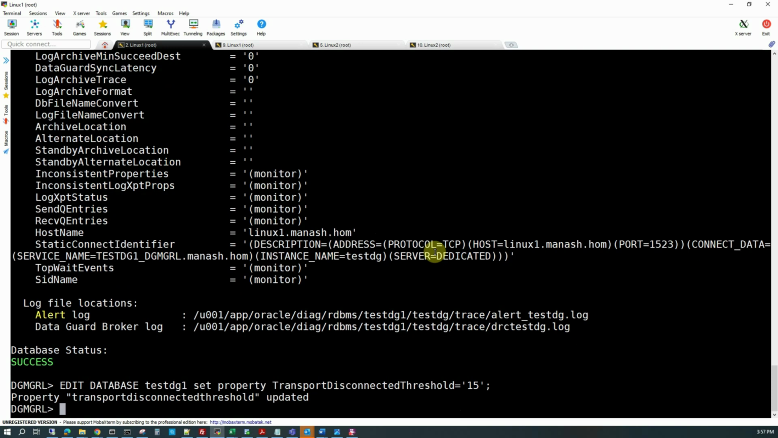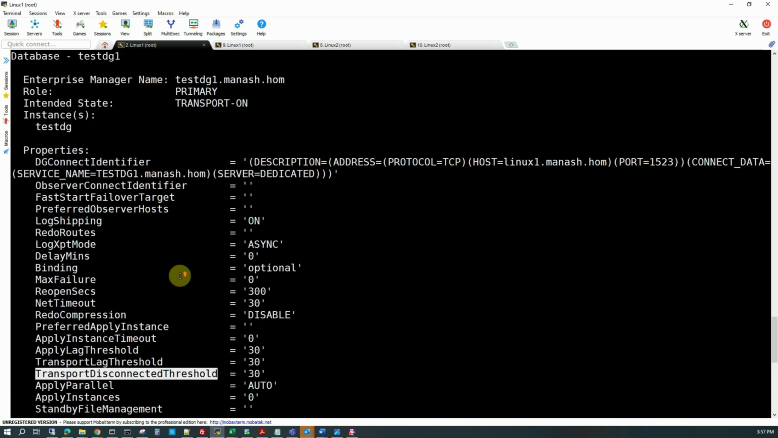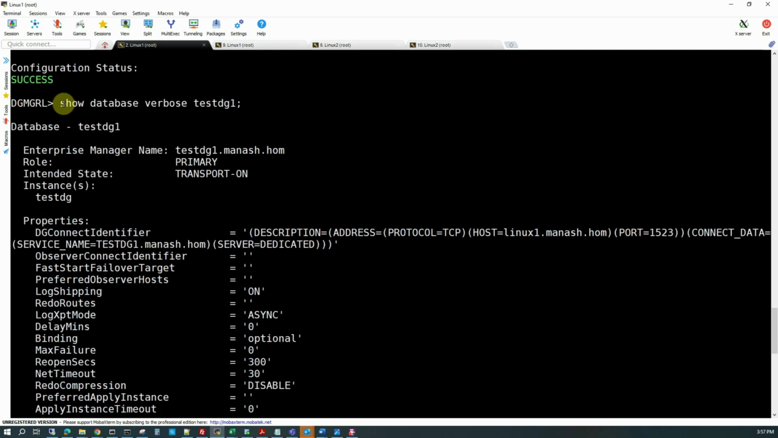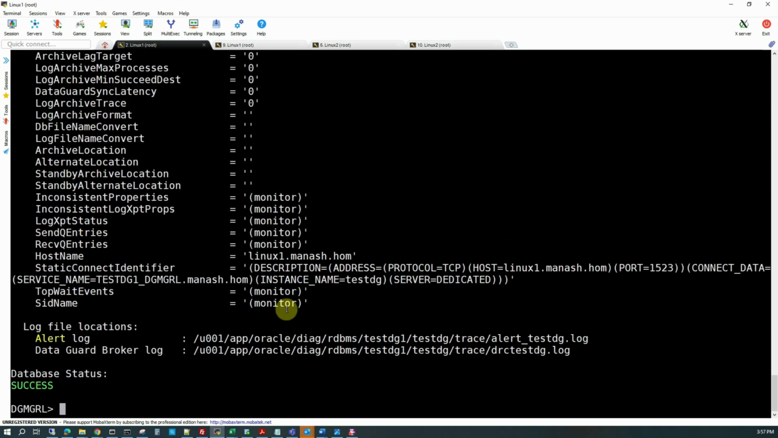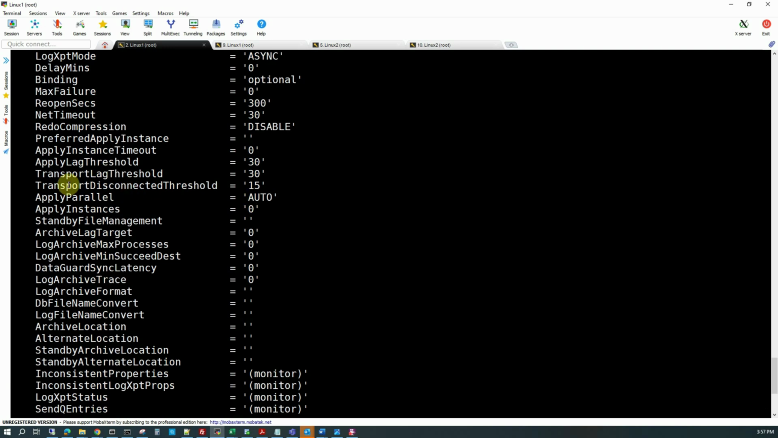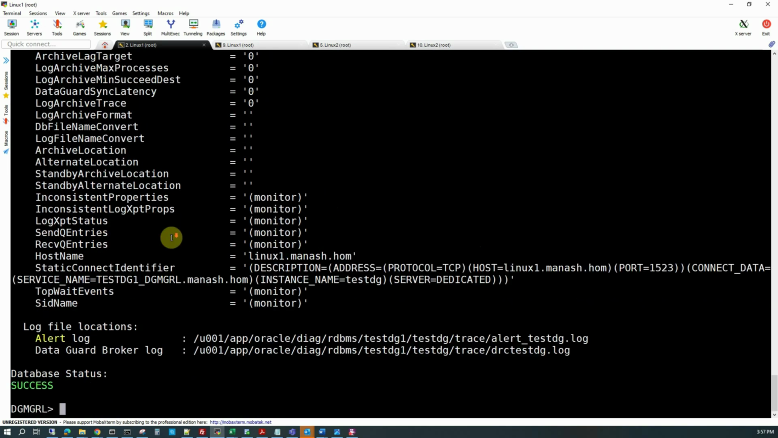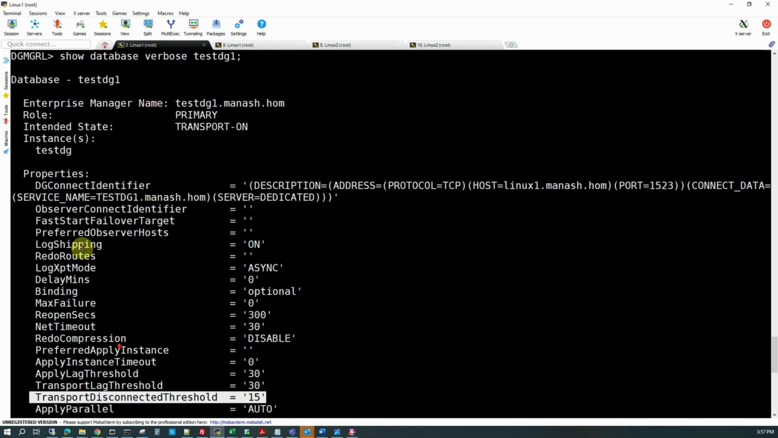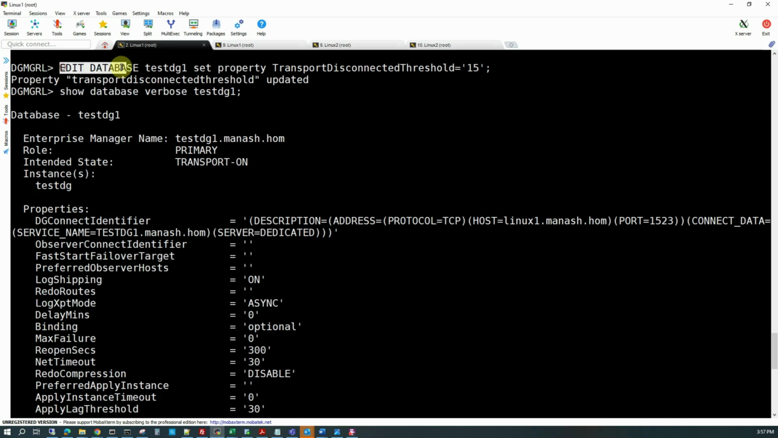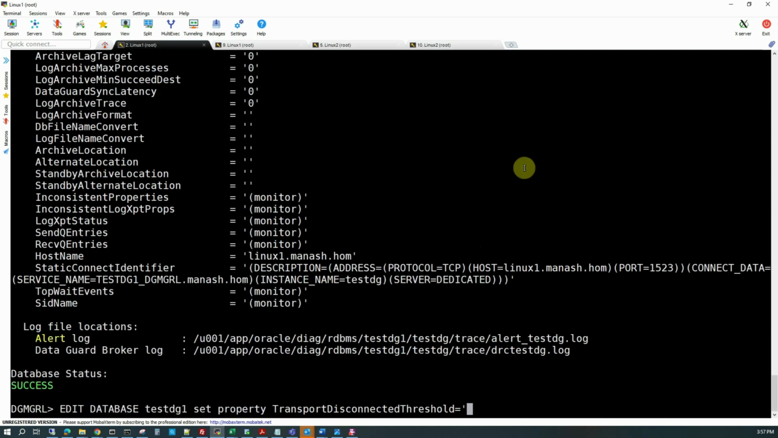Press enter, and this value has been updated. Now if we run this command again, show database verbose test dg1, we will be able to see that the transport disconnected threshold is now 15. Now let's change it back to its previous value, and we will do edit database test dg, set property transport disconnected threshold equals to 30,